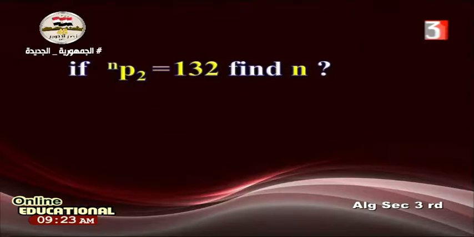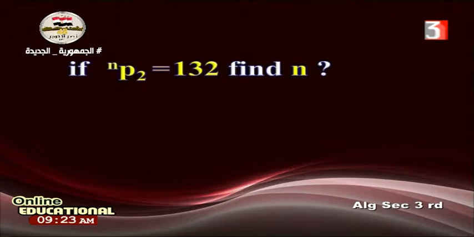Now we move to another example. If nP2 equals 132, what is the value of n? Choose the correct answer: n is 5, n is 6, n is 12, n is 11. How to deduce the value of n when nP2 equals 132? Someone think: